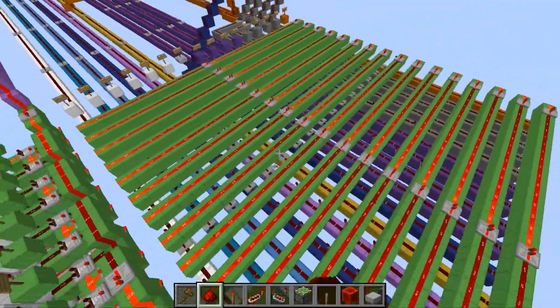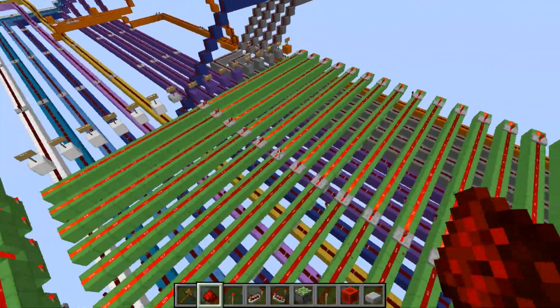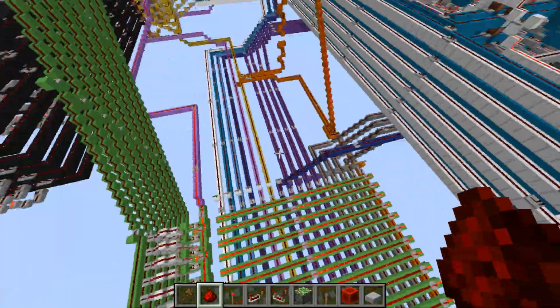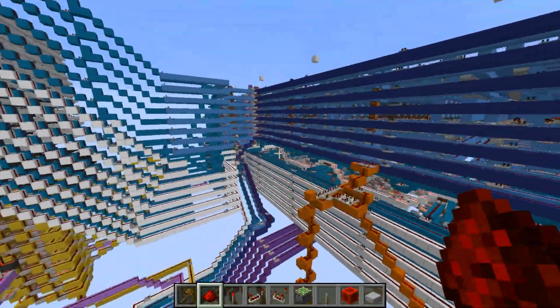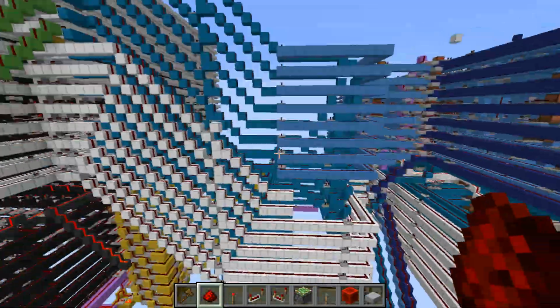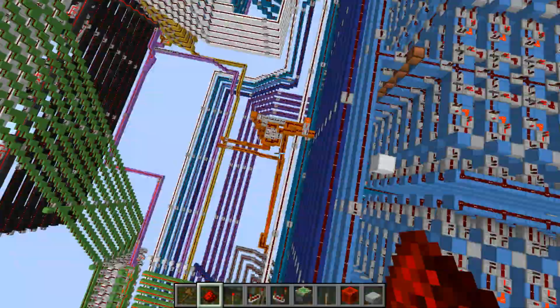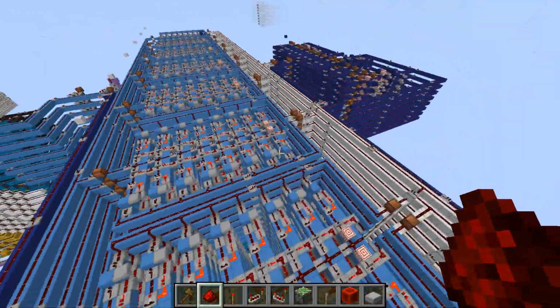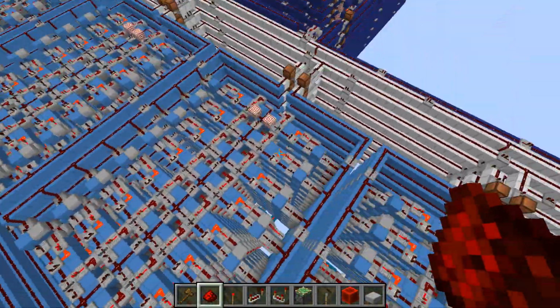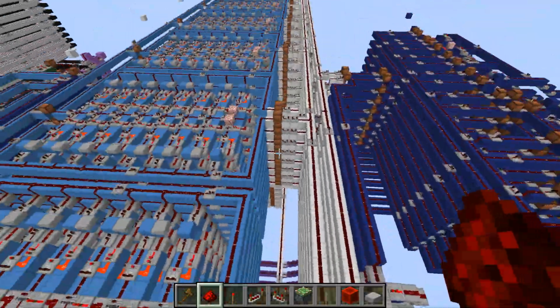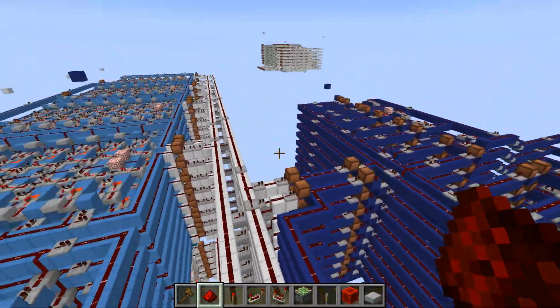But yeah, I tried to keep this as neat as possible just so I didn't have the same scenario I had with my past computer. This makes it a lot easier for me because I can bring all the parts of the computer to one area that I can easily control. So the control unit, like I said, is connected to everything else, to all the outputs and inputs. Here we have our RAM, which then goes to another jumble, and then finally we have our outputs here,